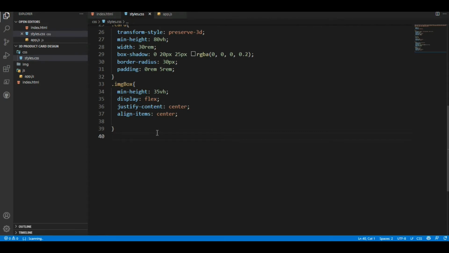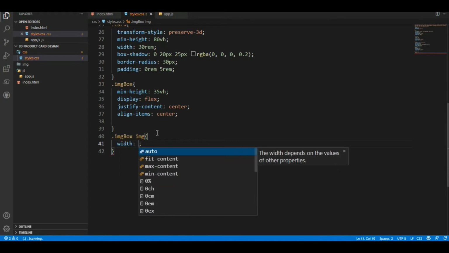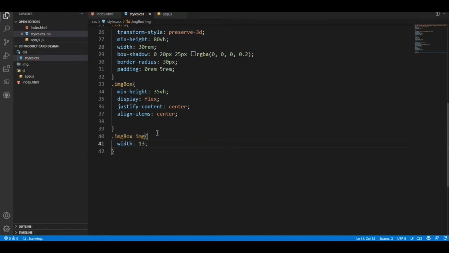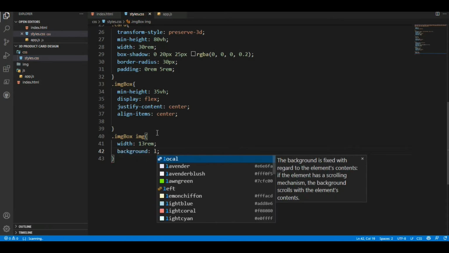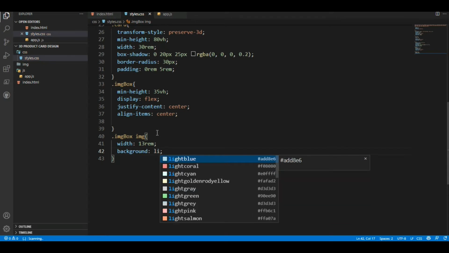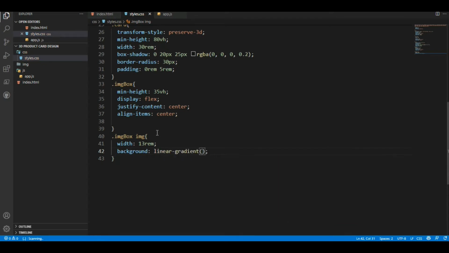Then I am going to copy this image box, and inside of this images only, at first I have to create this class in this here. Okay, style, copy and paste it, and images, and inside of this I will give this width like that, min 30rem, and here I will get this background like that, only background,